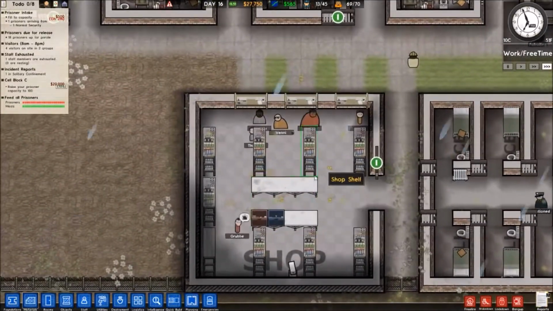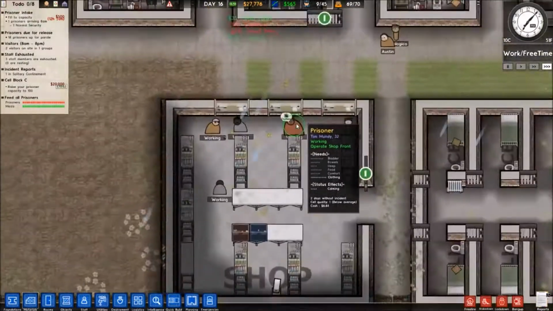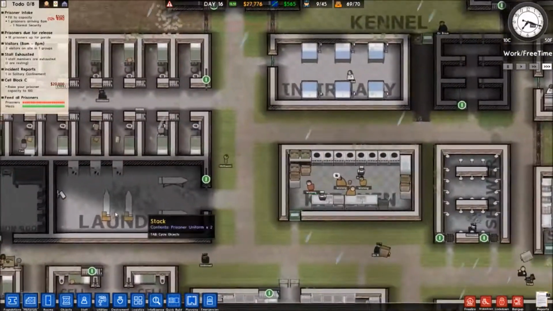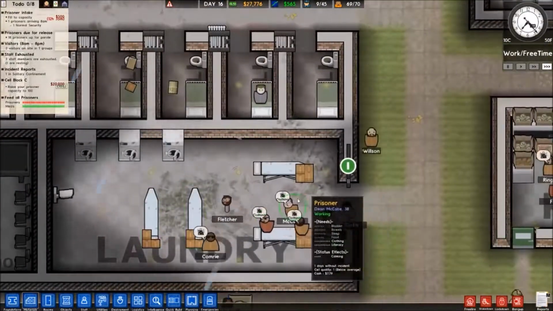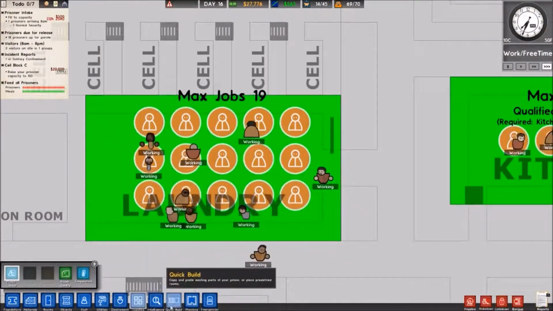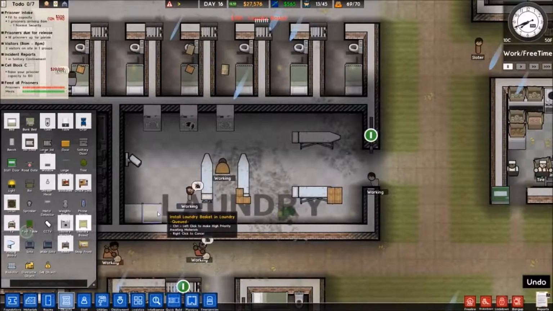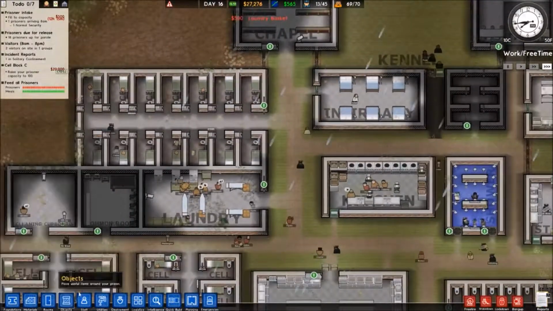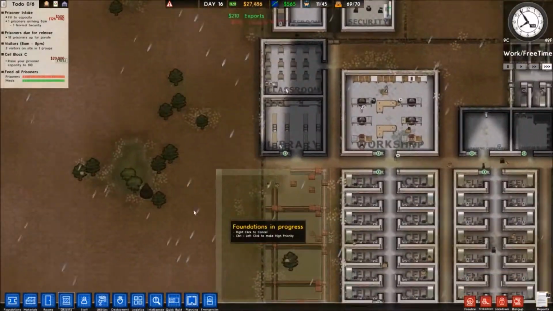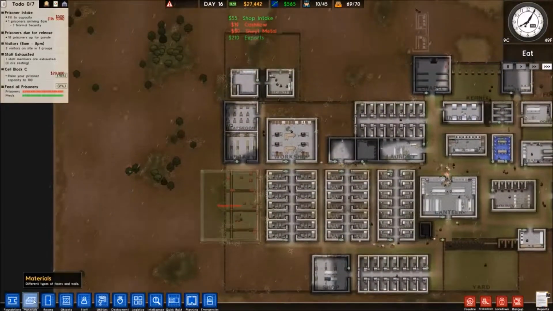But okay. Looks like people in the shop are working hard. They're doing their jobs. They're complaining about clothing. They don't have enough clothes, or there aren't enough clean clothes. We could just assign more people to work in here. You know what? I think what we could use is more laundry baskets in there. More people running around grabbing and cleaning laundry. I think that's something that could be quite in our favor. That could help a lot.